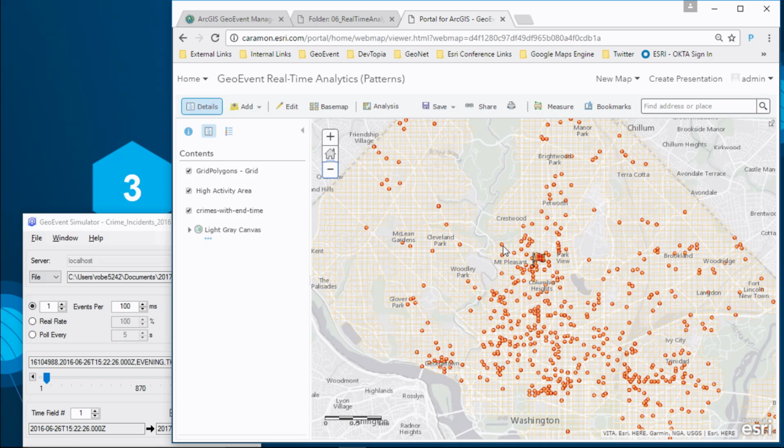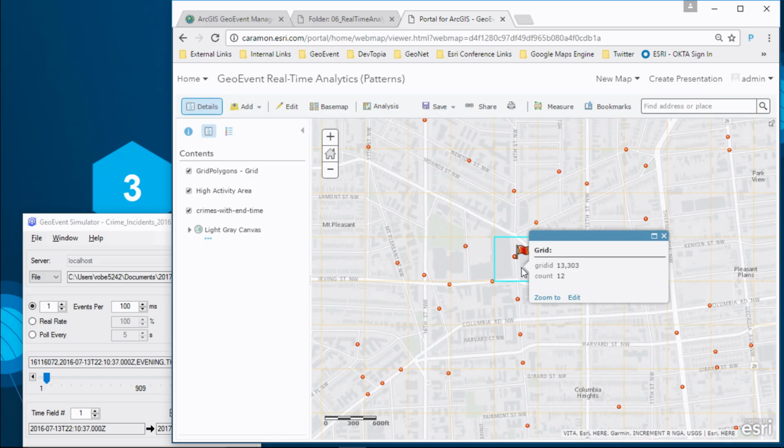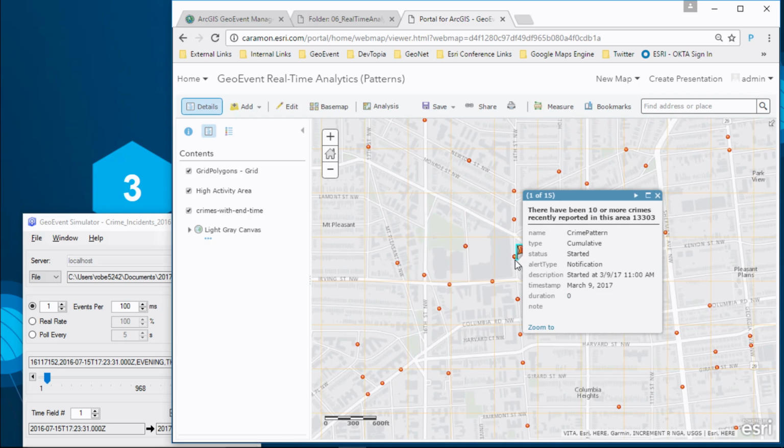There we go. So we've popped a flag now as an alert to say that this grid cell has more than 10 crimes that have occurred inside of it. And if I click just on that alert, you can see 10 or more crimes, and there's a started timestamp that now I can start to monitor the duration of that incident. So let's take a look at